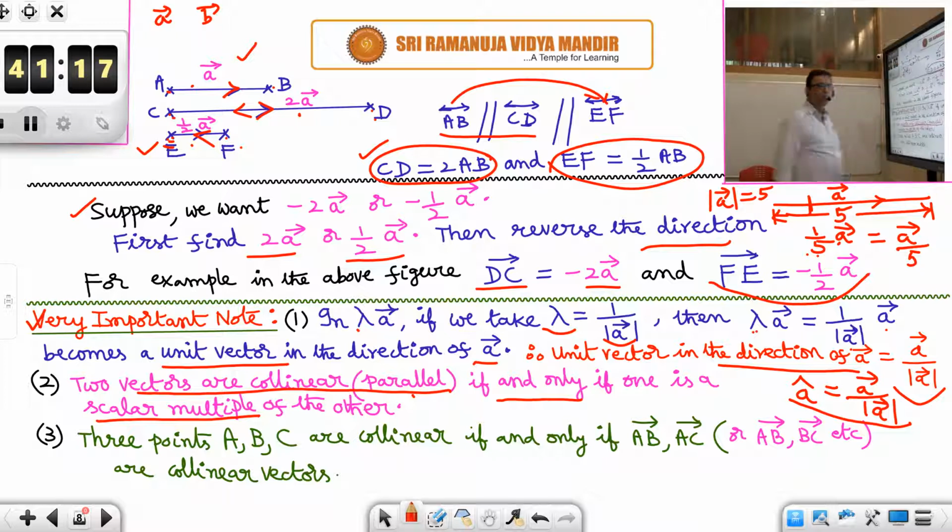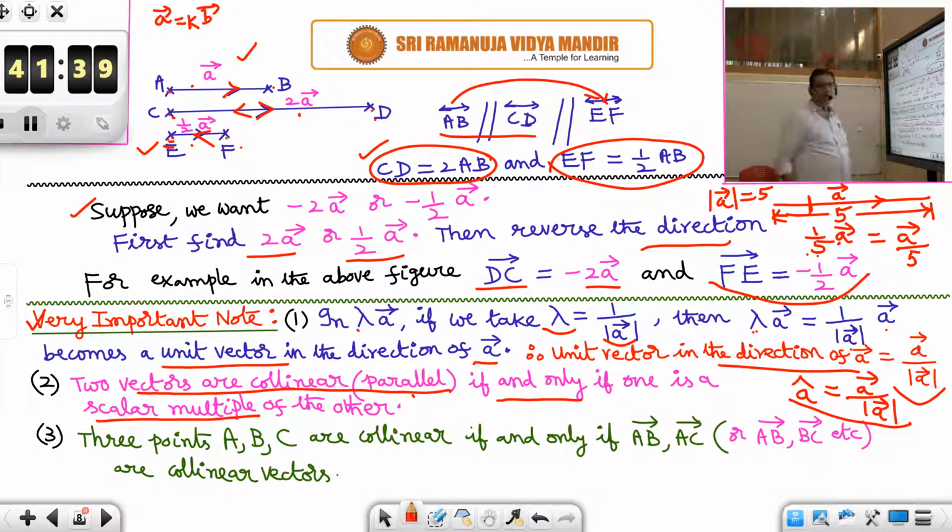That means they are collinear. There are two types, is it not? Like vectors and unlike vectors. Same direction, like vectors, opposite direction, unlike vectors. Suppose A bar, B bar are collinear, then A bar must be obtained by multiplying B bar by some real number, some scalar k. Is it not?